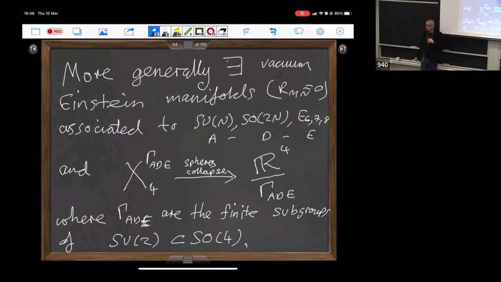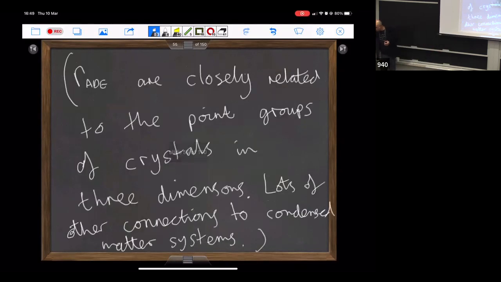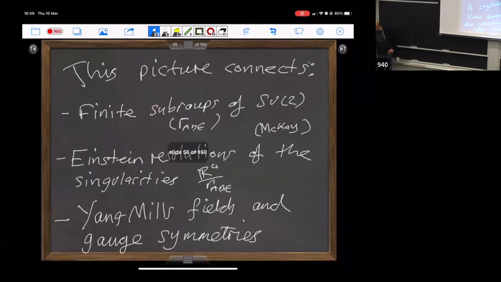the groups that appear are the finite subgroups of the group SU(2), which arise in physics in many different contexts. They're closely related to point groups of crystals in 3 dimensions. And there's lots of other connections to other condensed matter systems. So this picture connects the finite subgroups of SU(2), Einstein metrics on resolutions of singularities associated to these groups, and the thing that I was trying to convince you